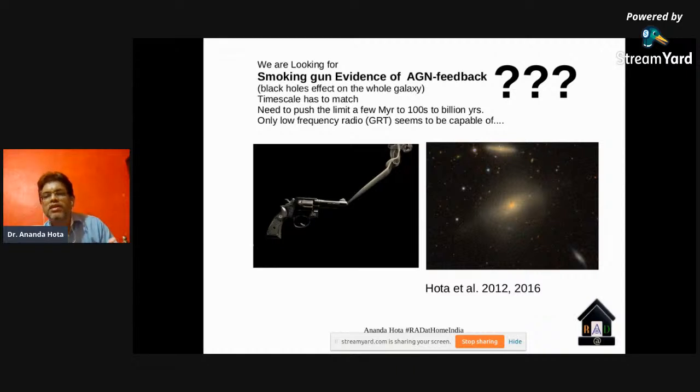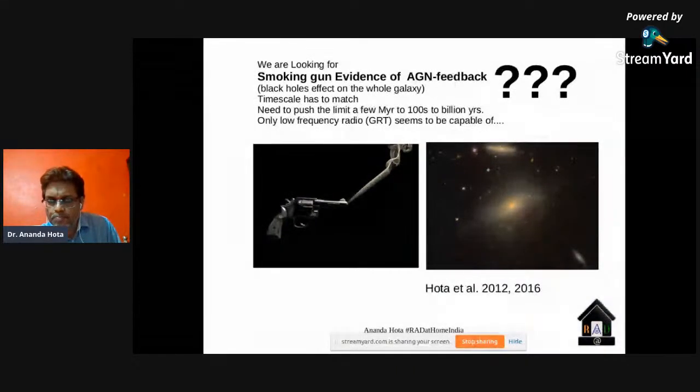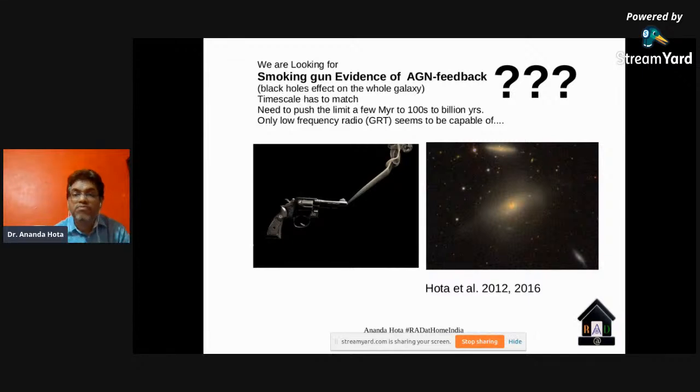Can the black hole be the culprit that has killed the star formation story of a galaxy? If that is so, can we find smoking gun evidence that AGN or the black hole's accretion did this? Nobody has seen that kind of smoking gun evidence yet. What do I mean? People have seen the bullet has power, people have seen the gun firing bullets, people have seen dead galaxies, dead bodies, but they have not seen a gun with smoke that has a time scale compatible with the time scale since when the star formation process died in a galaxy. Got my point? The smoke